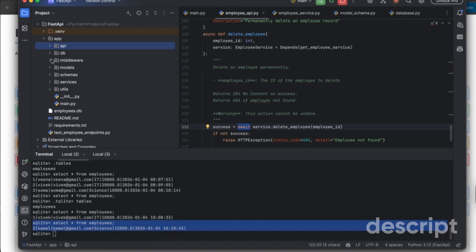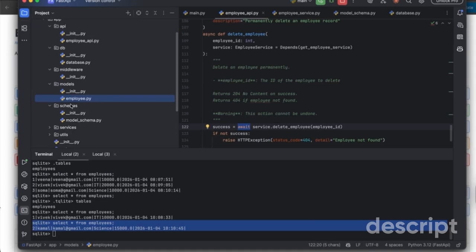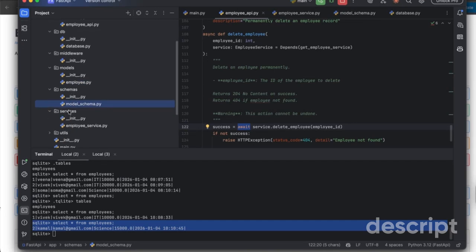Last, I would like to explain the structure as well. So this is your controller layer. And this is where your database operation should be specified. This is where your middleware layer should be mentioned. Like, for example, you have the logging, and then this is where your entities have to be defined. And the schema is nothing but your request and response object in this particular package. And the service has to be defined in your service class.